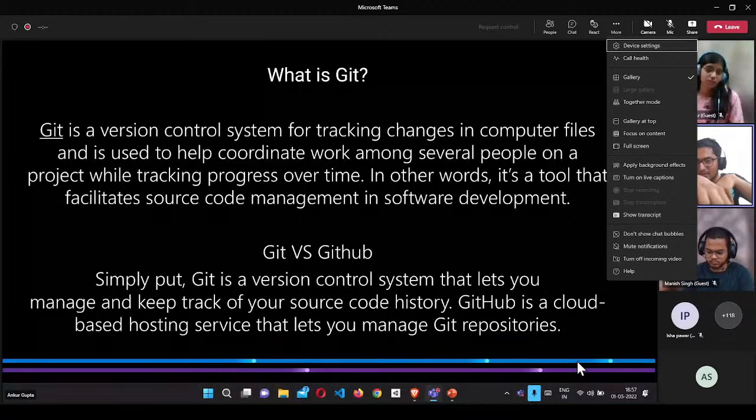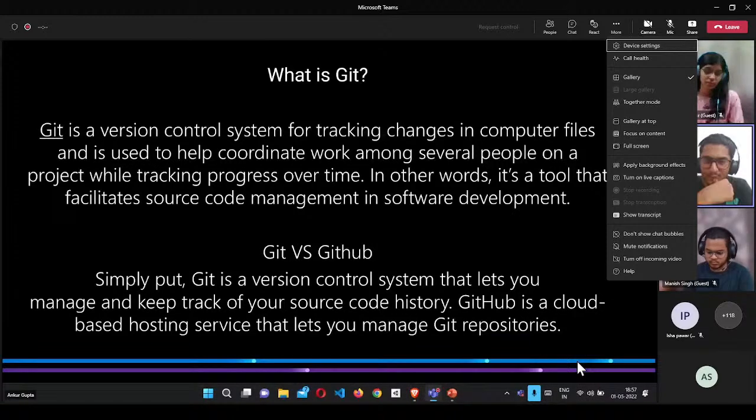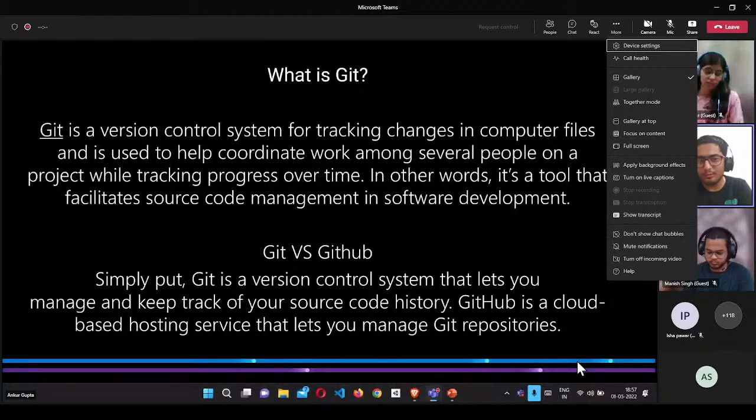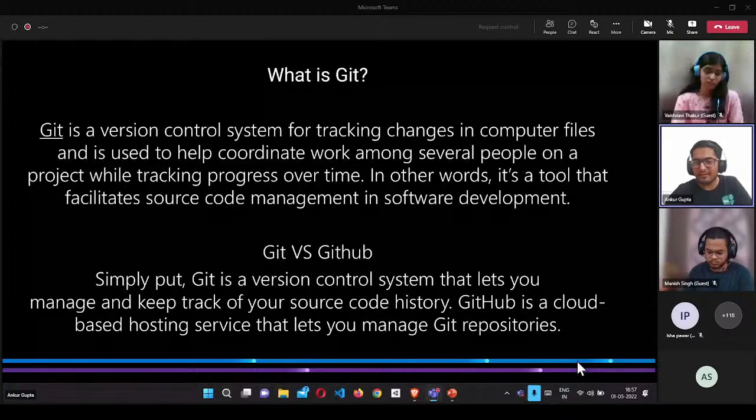There's also a nice story behind the development of Git. You may have heard of Linus Torvalds. He's the founder of the Linux operating system. He created Git so that he could manage the development of Linux, which is also an open source software. At an early stage there were very few people, and they could track changes easily.